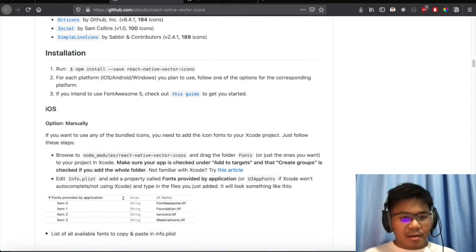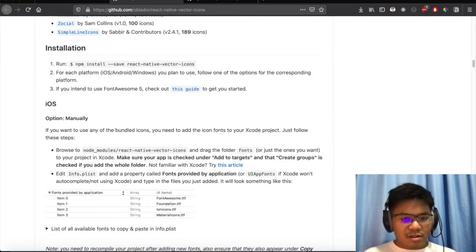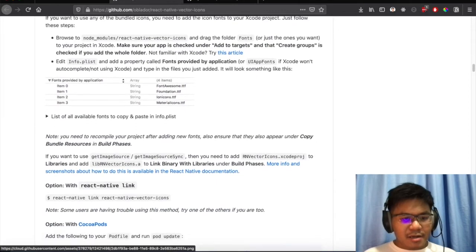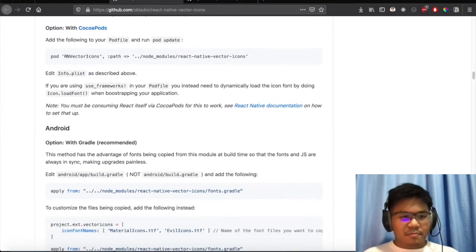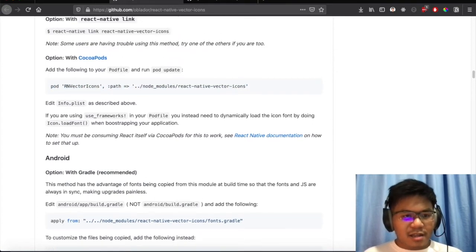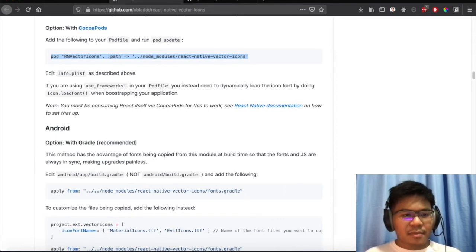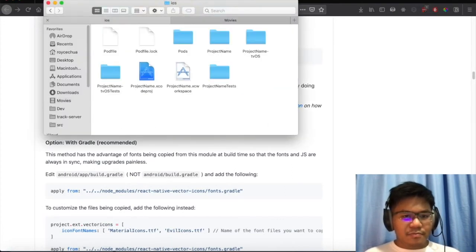Here we already did this install using Yarn, but we have to go with this process because React Native link does not fully install everything that we need. So just to play it safe, we need to